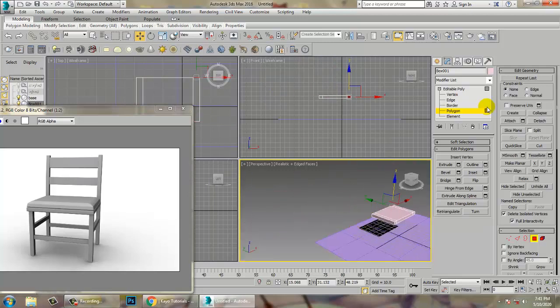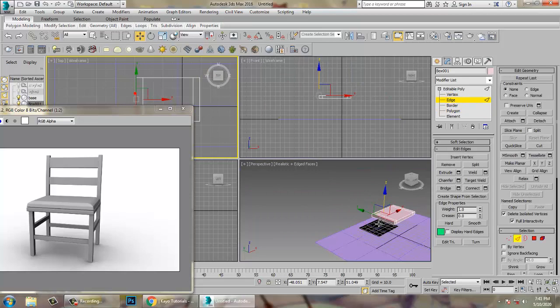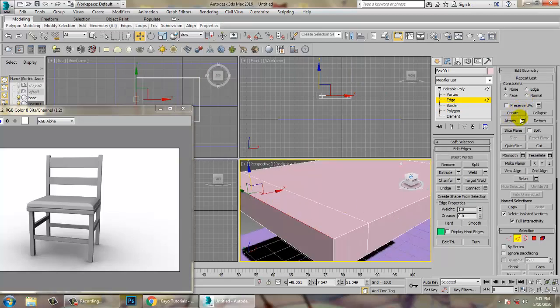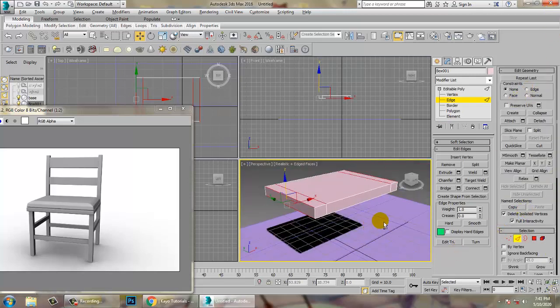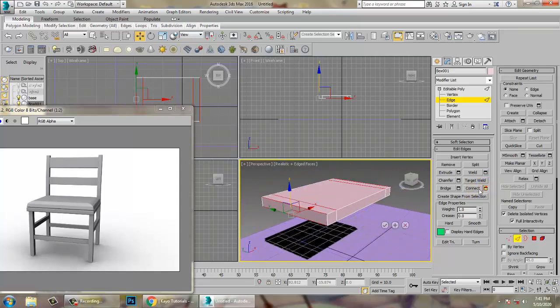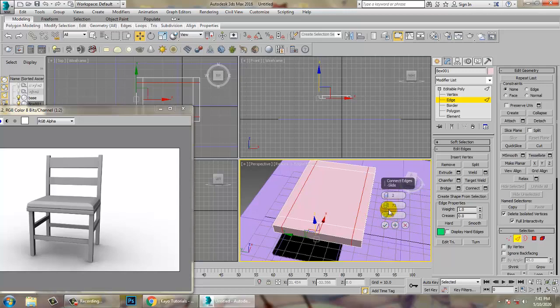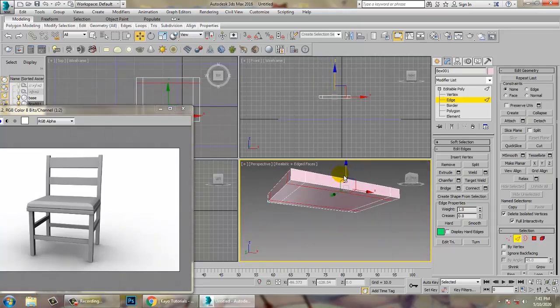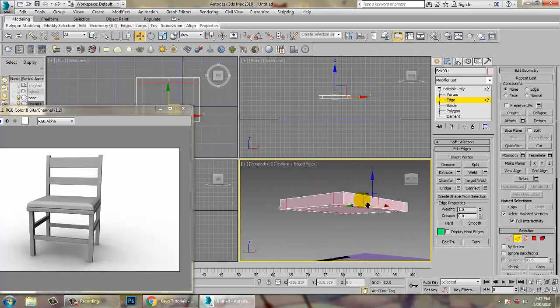Same thing. Select this edge. And now again give ring over here. Again if you go into this and give a ring option, you will see that, as I explained, it is going to select all the parallel edges, and again give connect. Once you give connect, just click OK.